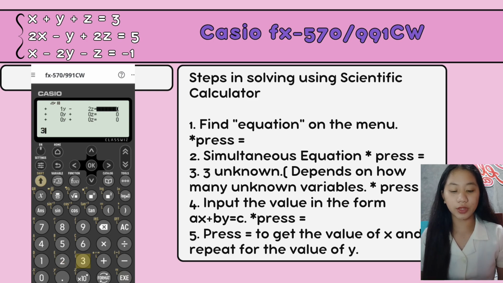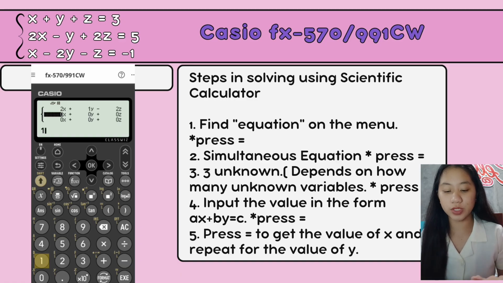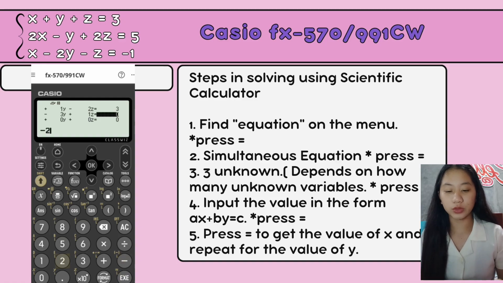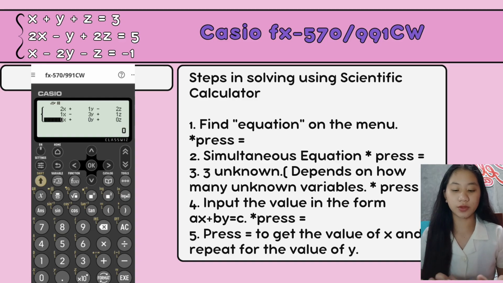equals 3 equals. Then the other one is x, which is 1 equals, and then minus 3y, which is negative 3 equals, z which is 1 equals, negative 2 equals. Again, press equals. We have x plus y plus z equals 6. So, therefore, we have 1,